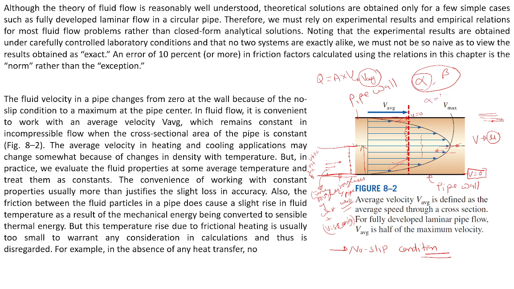Sometimes the alpha value is 1. We'll talk more about when the alpha is 1 later. Okay, so this is the qualitative explanation I was trying to give about the velocity diagram in the pipe. Now moving ahead,